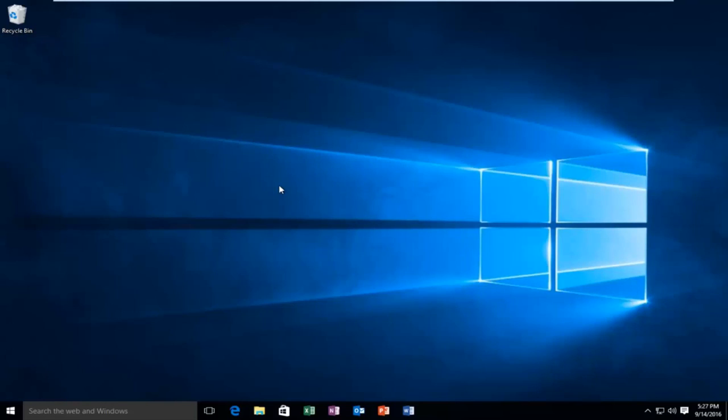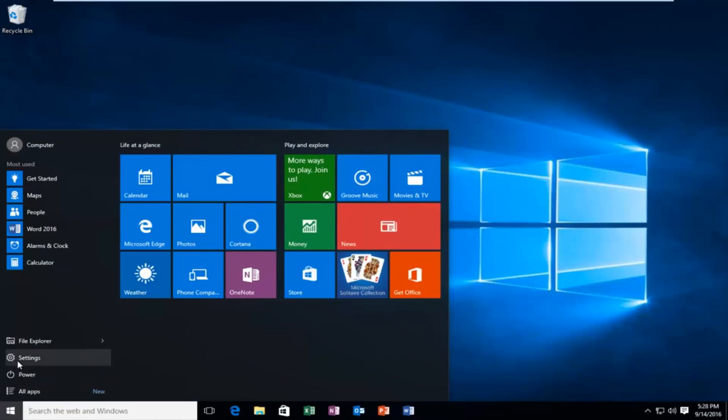There's a variety of different ways to do it, especially if you're installing an application for the first time. It might prompt you if you want to make it default. However, we're assuming that you've already gone through that process and now you have second thoughts or you want to change the default program. So we're going to head over to our Start menu and we're going to go underneath